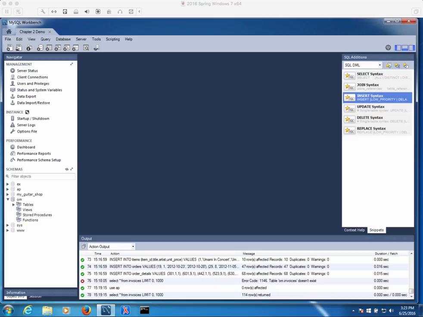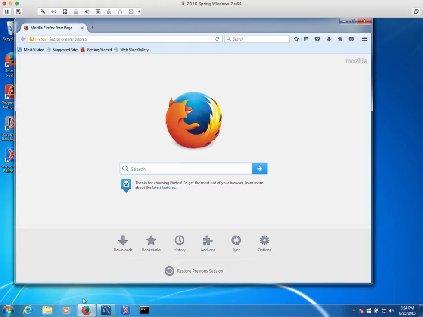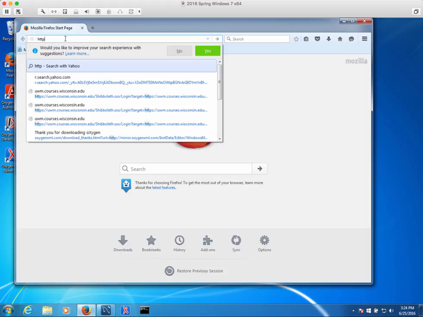You are probably interested in finding the manual for MySQL. Okay, and how do we find that? Well, in the slides there's a link. Okay, and let me just close Workbench and open Firefox. So in the slides we have the URL